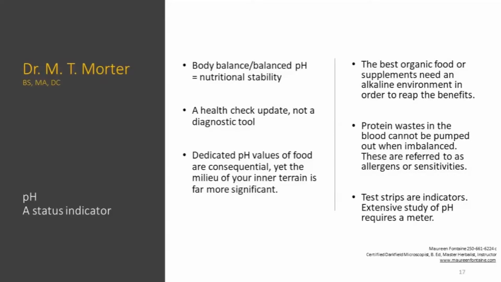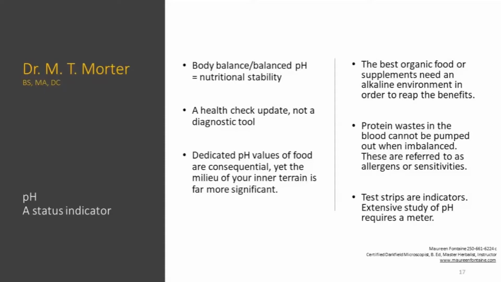Protein waste in the blood cannot be pumped out when there's an imbalance. Consider that the alkaline position is like having super strong biceps. You can handle what comes in and take care of business. When protein waste gets to circulate in the blood, these are referred to as allergens or sensitivities, and they show up for so many. Also, when you're using test strips, and I give kudos to the strips provided by Biomed,